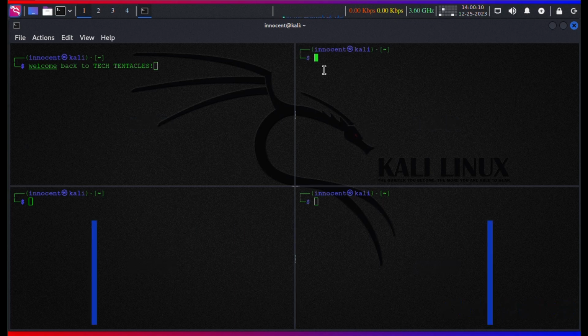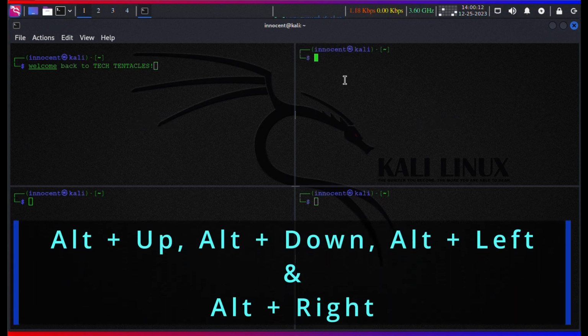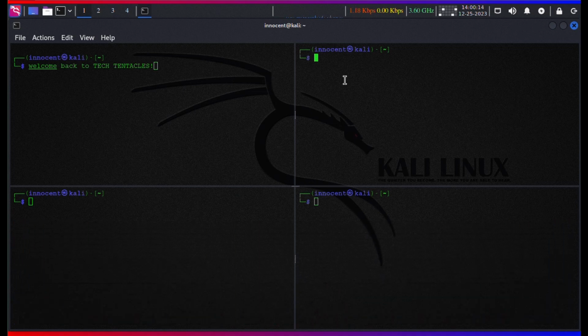Now let's explore Alt+Up, Alt+Down, Alt+Left, and Alt+Right. These shortcuts navigate between subterminals created by splitting the terminal. Alt+Up and Alt+Down move to the top and bottom subterminals, while Alt+Left and Alt+Right navigate to the left and right